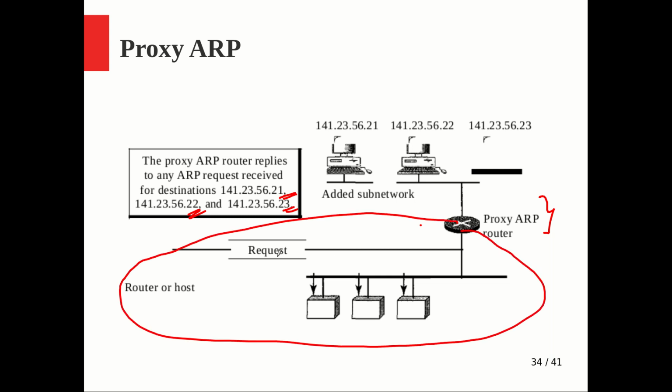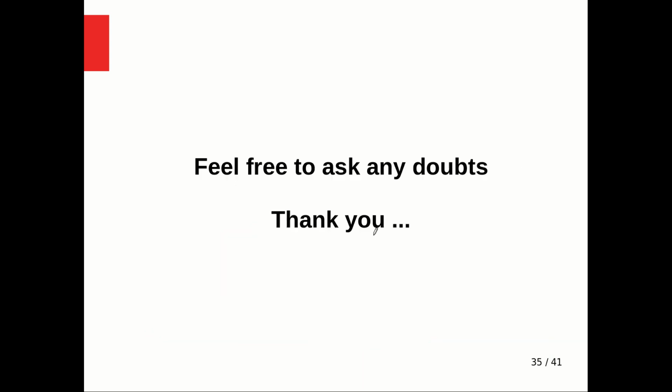If anyone gives an ARP request, this is the ARP request. Whoever gives it, the router will receive it and check whether it is for the same network or a different one. If it is something like 21, 22, 23, the router is acting on behalf of all of them because the router can reach all of them. In all these cases, the router will do the ARP reply, right? So the request is broadcast, the reply is unicast. Those things were the same here also. So hope it is clear for you.